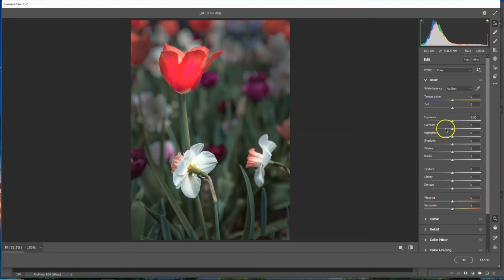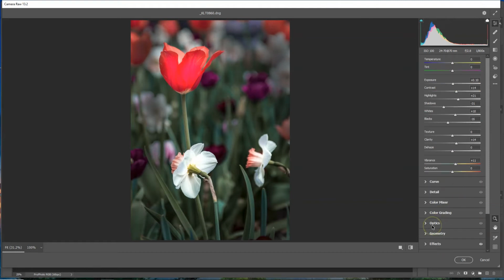Let's go back into the basic tab and bring up maybe the highlights, bring down the shadows. That's going to make it a little bit different, maybe a little bit more contrast. Yeah, that looks good. The whites, let's bring up. The blacks, let's bring down. Maybe a little bit more clarity, a little bit more vibrance, and then we can go back into those colors,